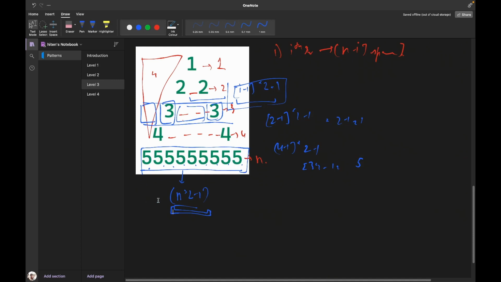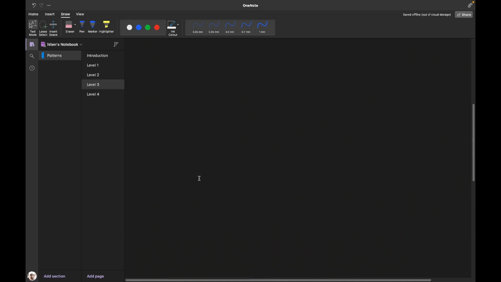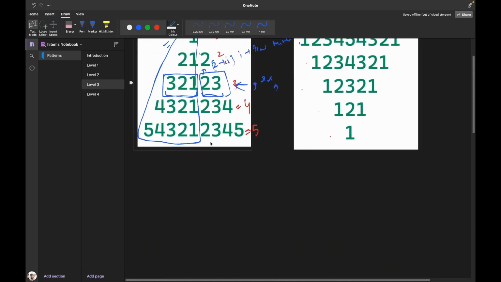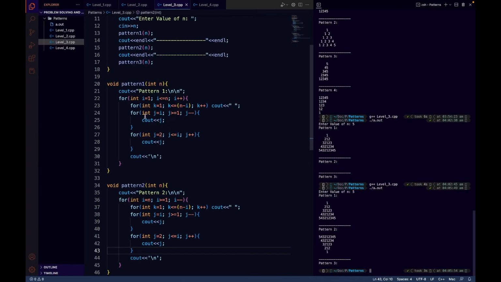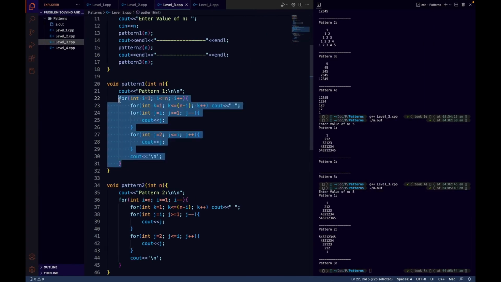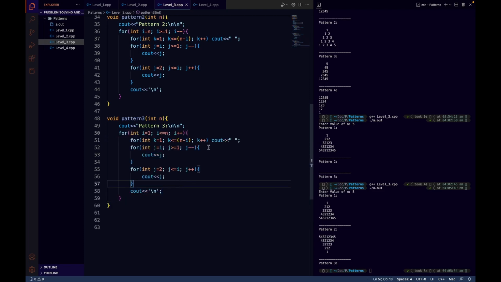So let us just jump to the code and write it. We'll be changing the code of the pattern 1 level 3. So pattern 1 level 3, which is this. This is the code for pattern 1 level 3, and let me just take this. This for loop was printing spaces, which we wanted, and this for loop was printing the